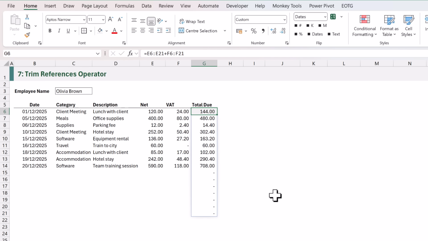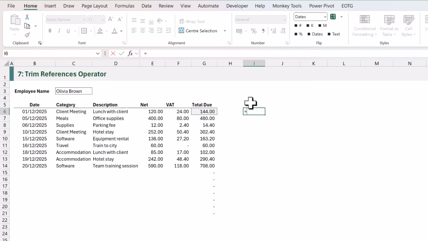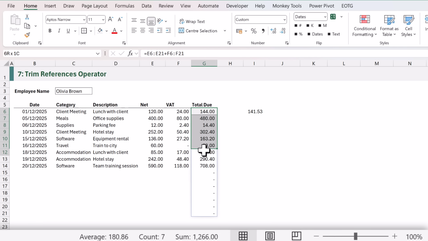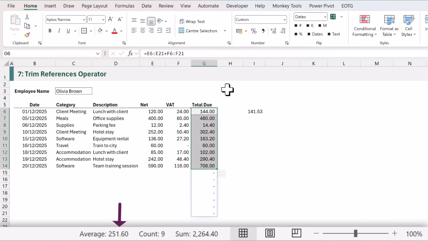Unfortunately, when we commit that, we've got zeros at the bottom because there are no values in those cells. And if we were to use the average of those values, it comes in at 141, but that's because it includes the zeros in that calculation. But if we just average the rows with values, we can see it should be